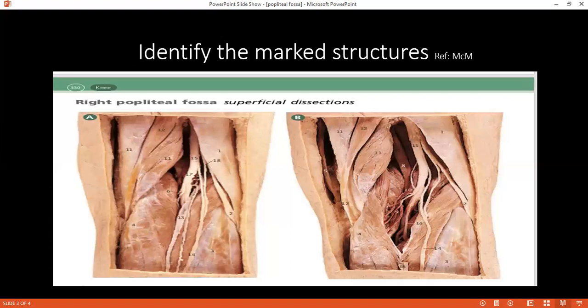All right. Can you tell me the contents of the popliteal fossa from superficial to deep? Yes, from lateral to medial, there will be common peroneal nerve, tibial nerve, popliteal vein, and artery, and some other contents. There may be lymph node, small saphenous vein, posterior cutaneous nerve of thigh, and genicular branch of